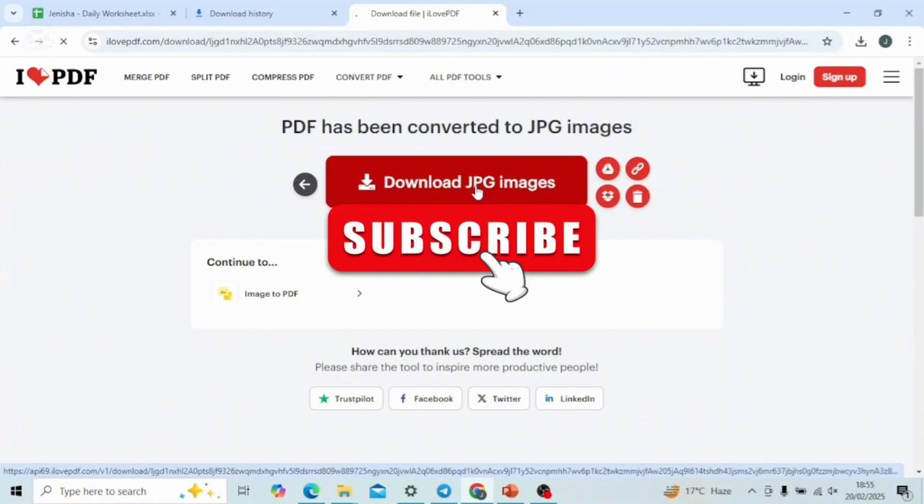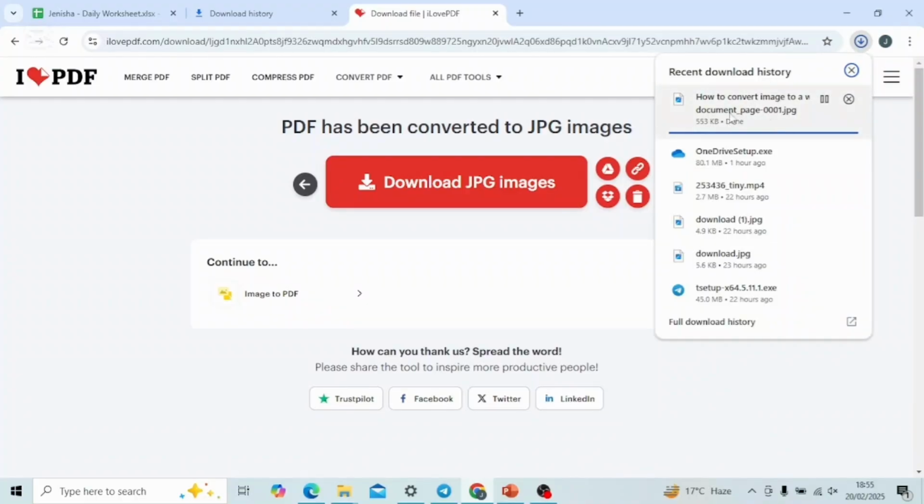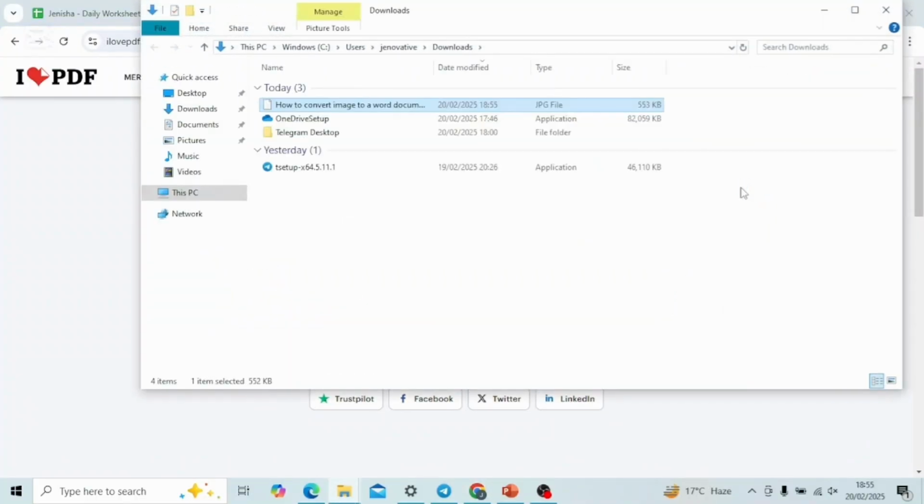You can click on this download JPG images and it will start downloading onto your device. Once it is downloaded, you can just go ahead and open it up on your device and you'll find your JPG file right here. You can find this. So that is it. That is how you convert your PDF into a